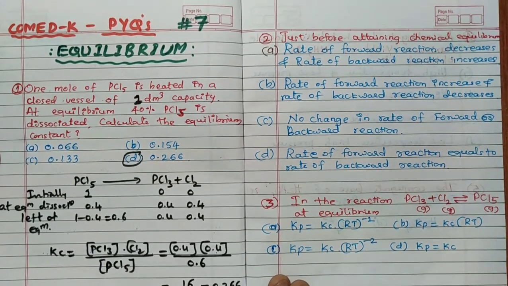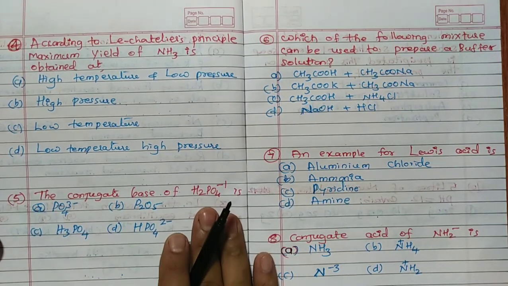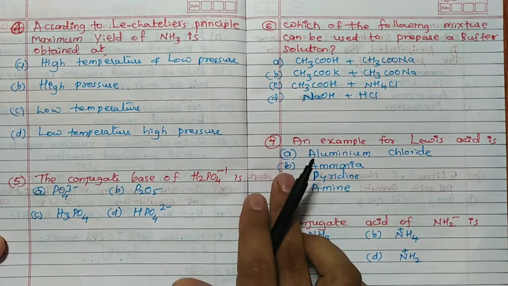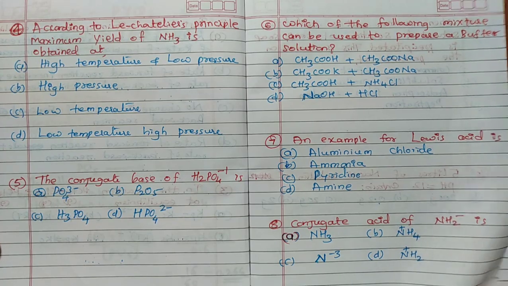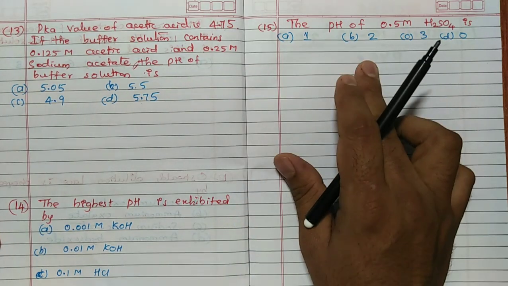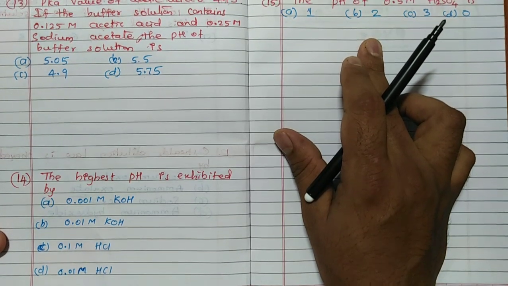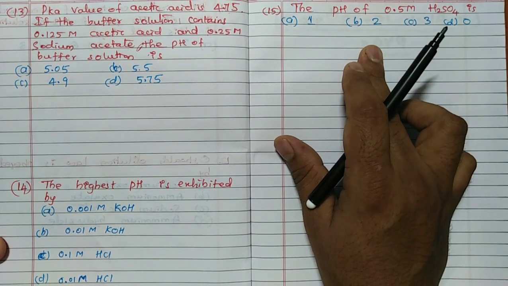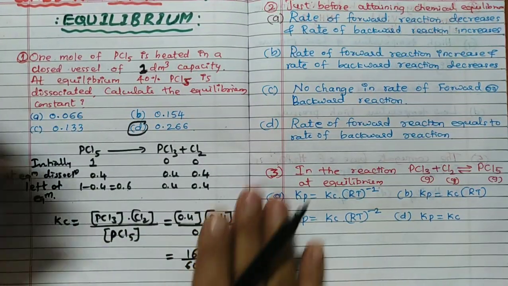Once, if you want to take a screenshot for this, see, this is the second question, and the third question I am going to discuss. See here, the fourth question, fifth question, sixth question, seventh question and eighth question. You can take down the screenshot and you can solve that. Then you can see the ninth question, 10th question, 11th and 12th question. I hope it is clear. Then the 13th, 14th and 15th question. The 15th question I am going to discuss. The 13th, 14th option is like this. Fine. I hope the first question is clear. Like this you have to solve.